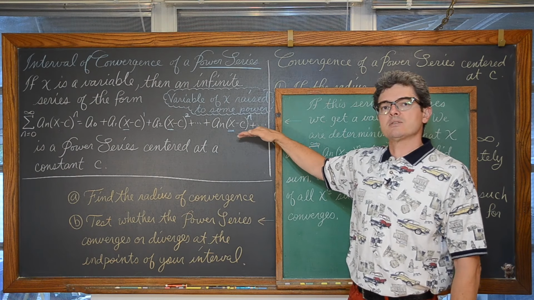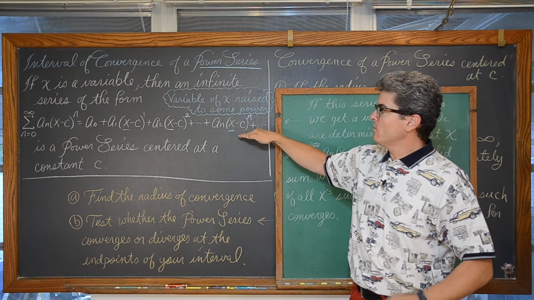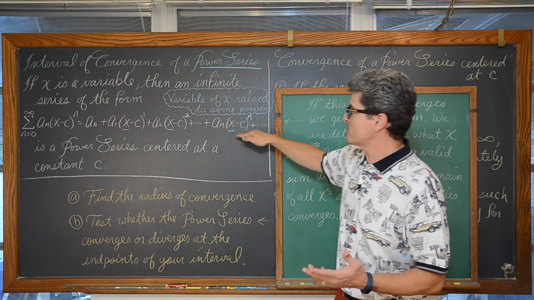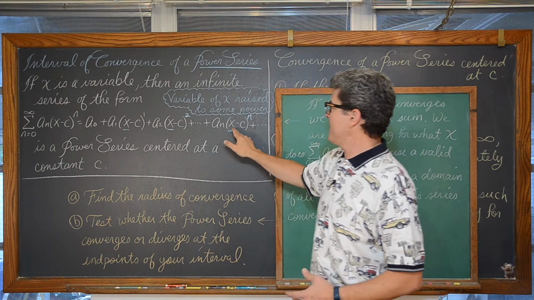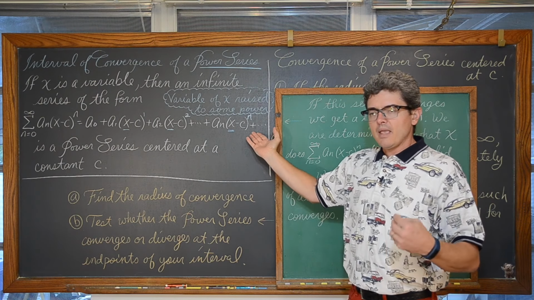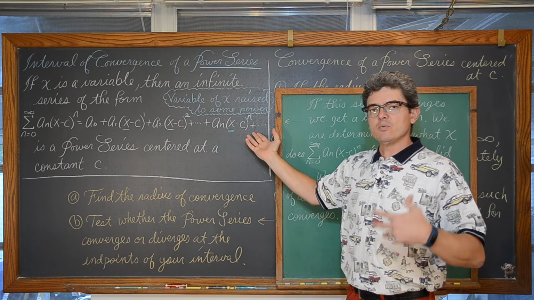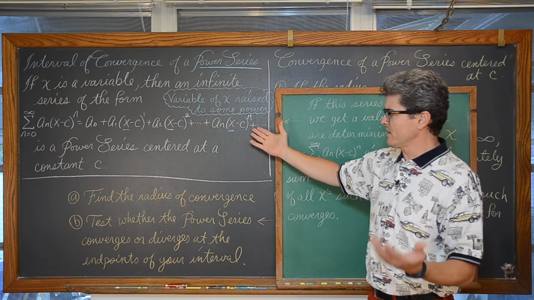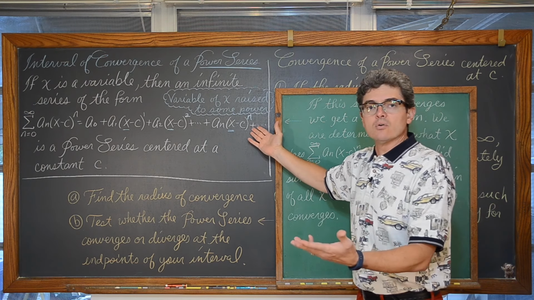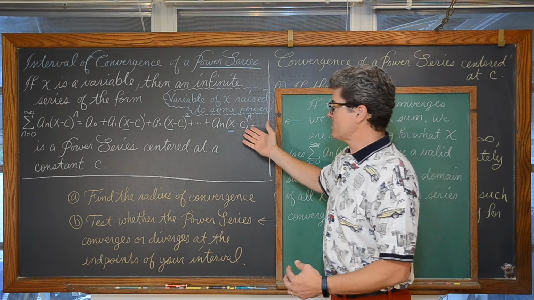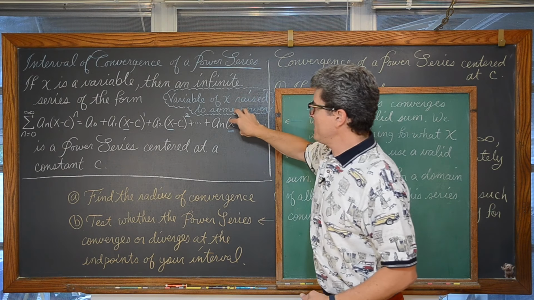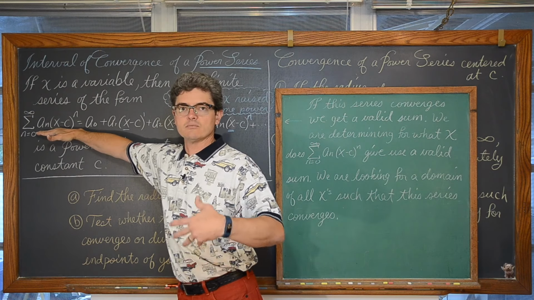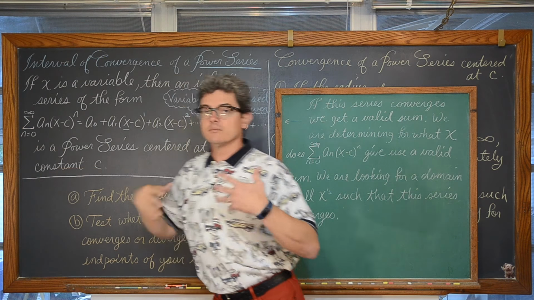We have a function that is in terms of x. So when we are trying to determine the interval of convergence, what we're actually trying to determine is when we plug in some value of x, we get a series, and does that series converge or diverge? Do we get a real sum from that series? If we get a real sum, that occurs when our series converges. And so if we get an actual sum for the series, if this series is converging, well, then this is going to give us that valid, well, it says right here, sum.